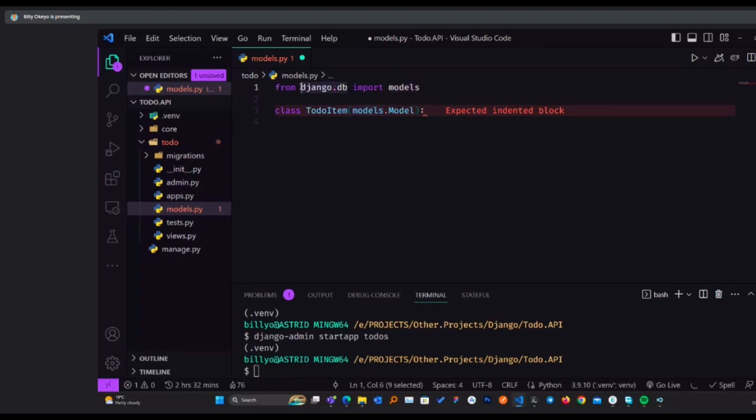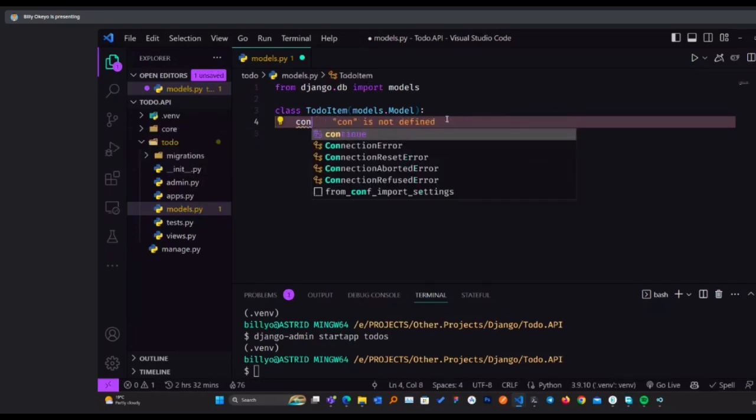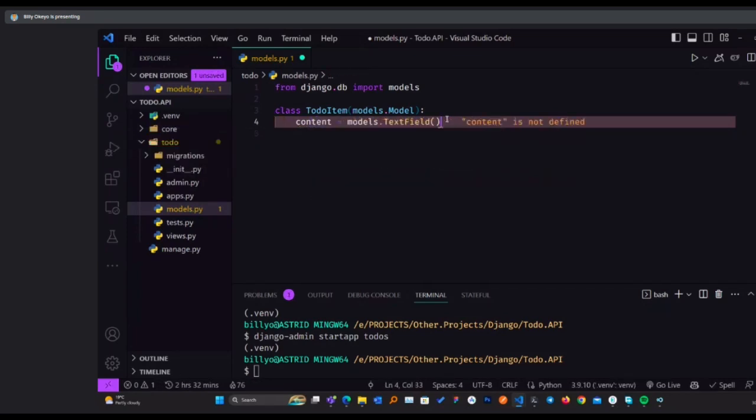After that, we specify whatever we need. In this case, we'll have the content, which is the content of what to do.